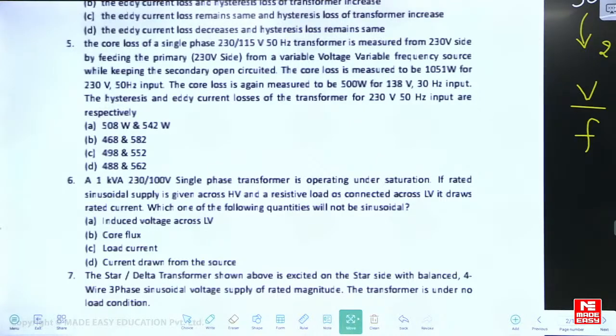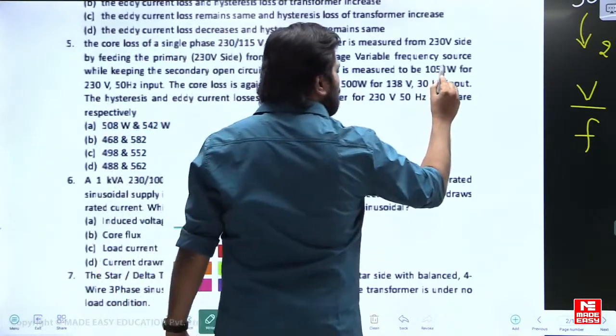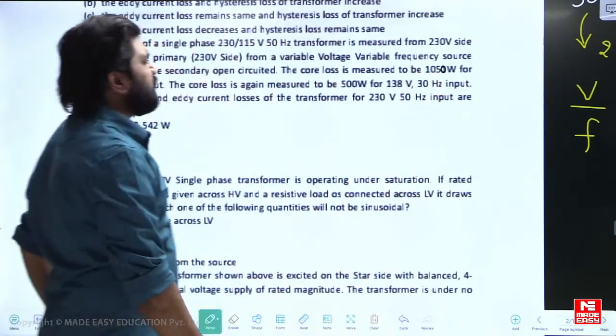The hysteresis and eddy current losses of the transformer for 230 volt, 50 Hz input are